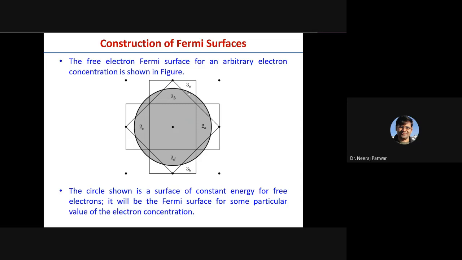The more the concentration of electrons, the larger would be the area of this circle. The smaller the concentration of electrons, the lesser would be the area of this Fermi sphere. The area does not depend upon the interaction of electrons with the underlying lattice, but